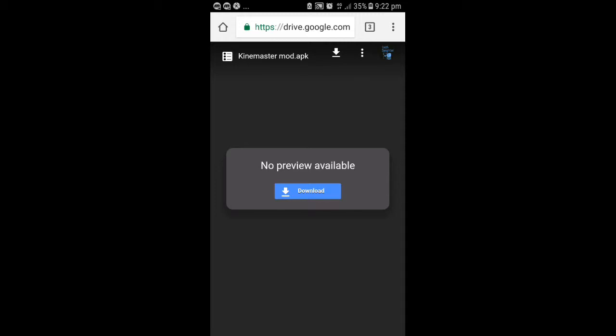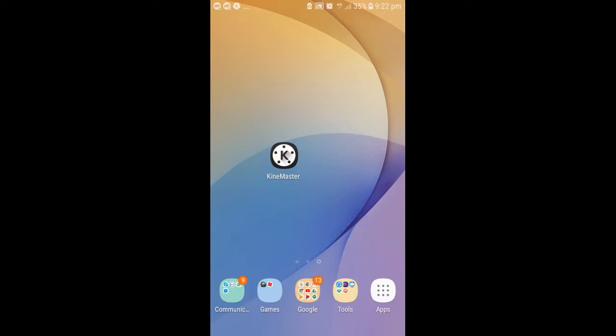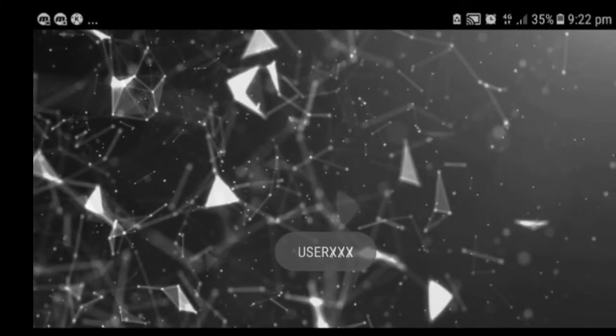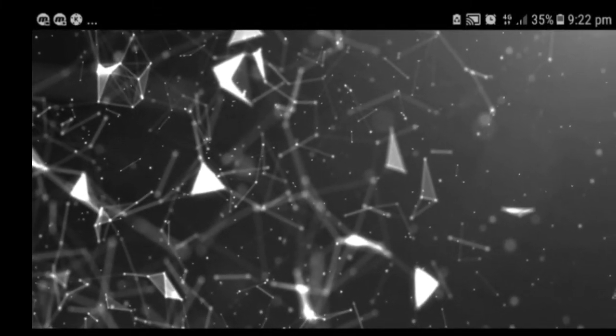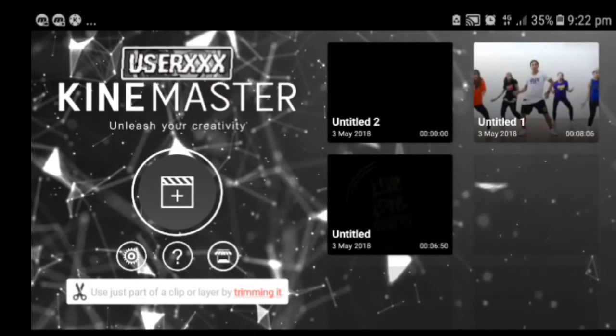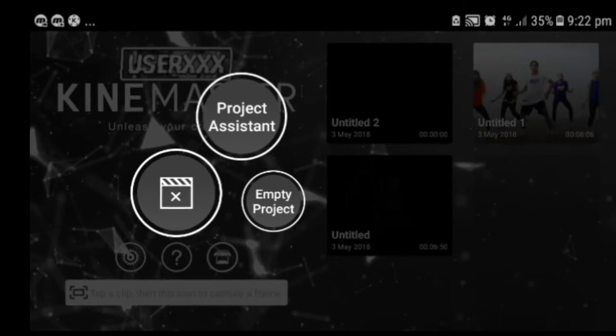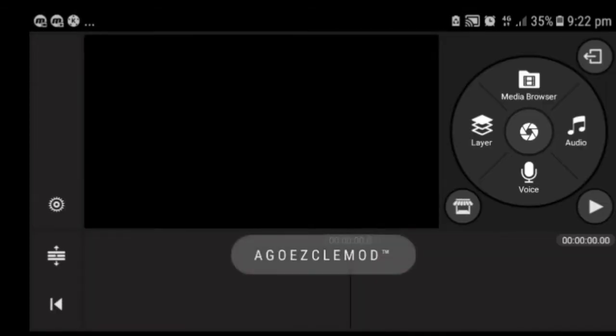So I've already downloaded this Kinemaster mod.apk. It's already right here. Right, you know that. So let's get into it and let's show what is here. Okay, what is the best thing in the Kinemaster? So I've already used this. I'm just going to show you the mod,